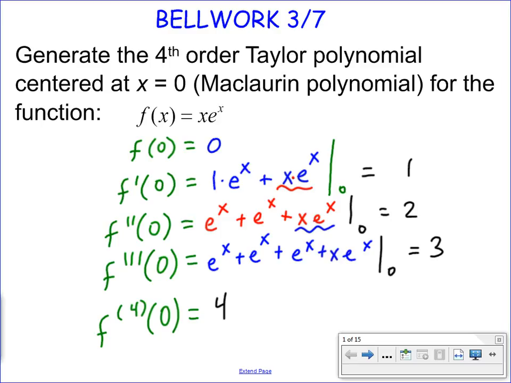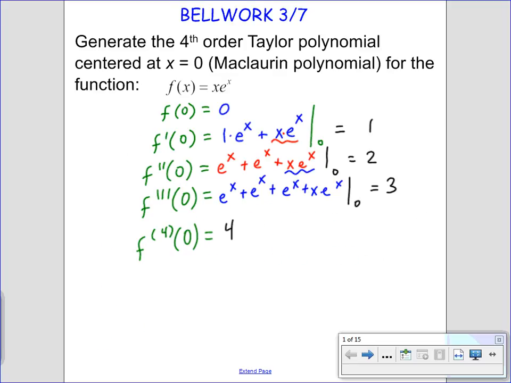But that's only part of the coefficient on my power terms, right? I still need to divide by n factorial, where n is the degree of my derivative. So let's go ahead and see if we can expand this just a touch. I know then that my fourth order Taylor polynomial, we can write with a little subscript there, p sub 4 of x, just to represent our fourth order polynomial, is given by f of 0, which is 0, plus